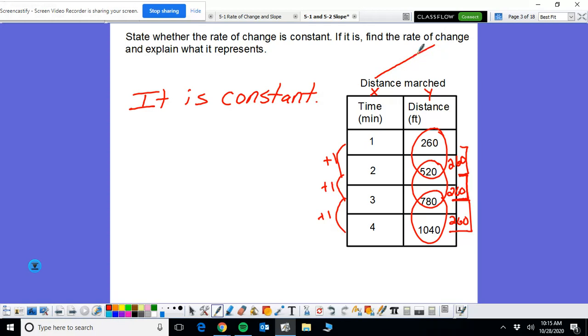It would be a straight line with no changes whatsoever because, once again, we are progressing at the exact same rate. And that's what that rate of change means. Find the rate of change. We definitely already did that. So our rate of change